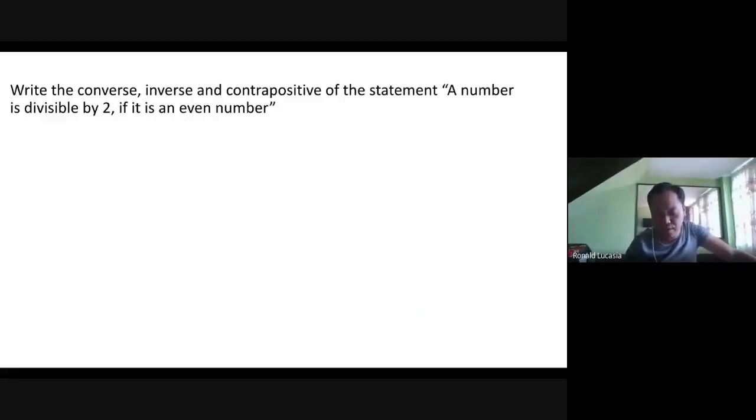Let's try this one. Write the converse, the inverse, and the contrapositive of the statement: A number is divisible by 2 if it is an even number. So remember, ang converse natin ay kaparehas siya ni inverse. The conditional statement there is